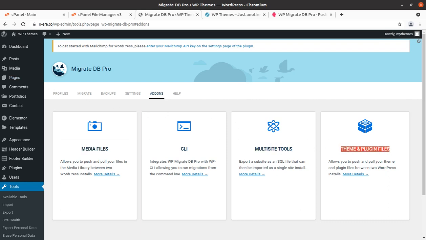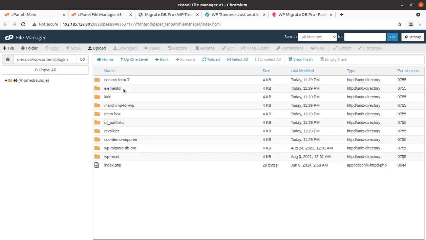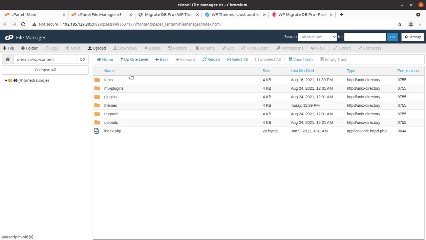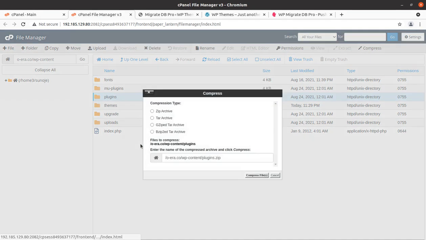But what I'll do, I will simply take a backup of this, like I have this. So plugins are here, and I will simply go to the plugins and simply compress this.